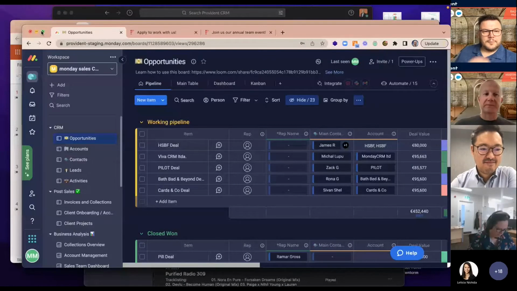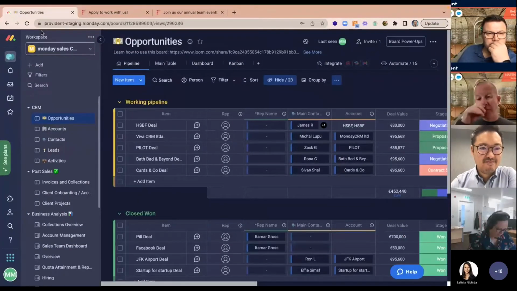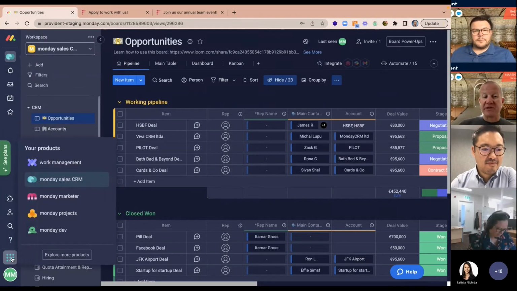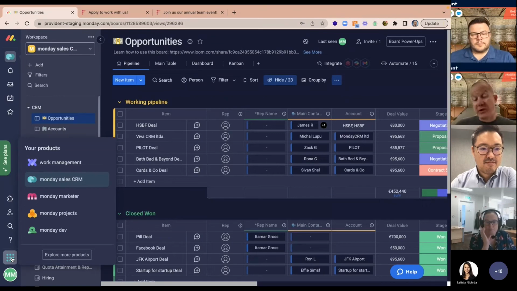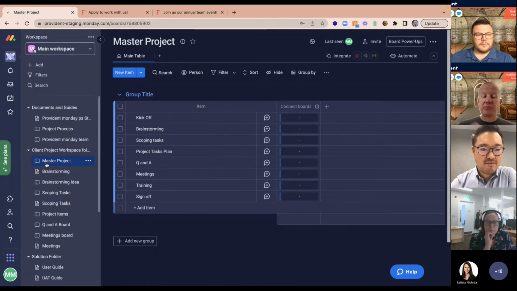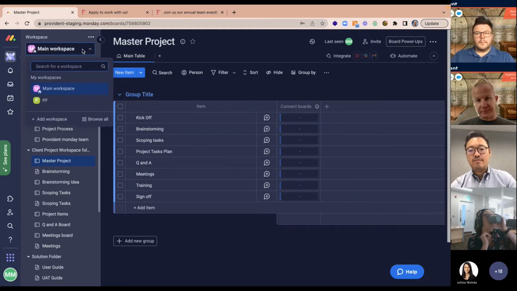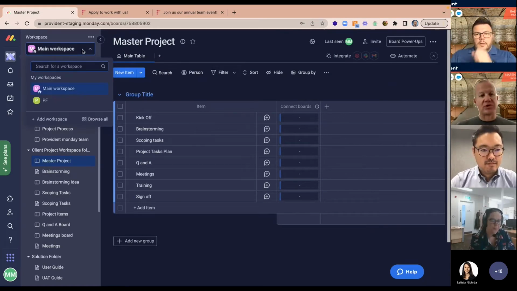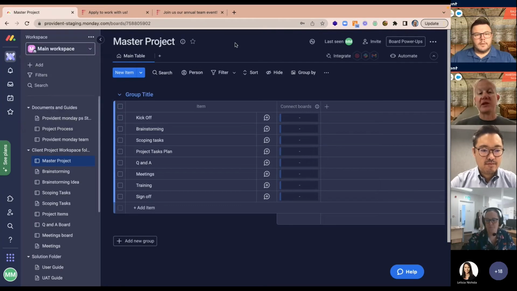So just to explain super quick, you'll all be aware of what we call the Monday Work OS, which is what everybody has when they sign up to Monday. And Monday have made a few changes to that now, where there are now a couple of different flavors of the product depending upon what you want to do with it. Everybody gets by default the Work Management Work OS product, which has all the normal features that you'll be aware of: workspaces, boards, dashboards, all the usual things that you're using today or have seen in the past.